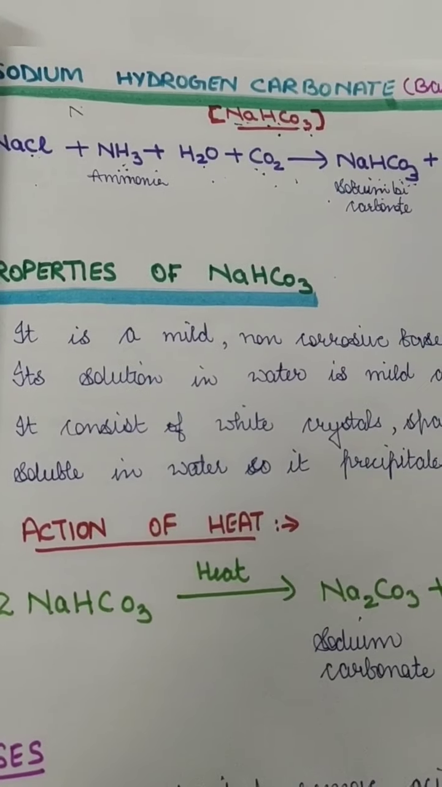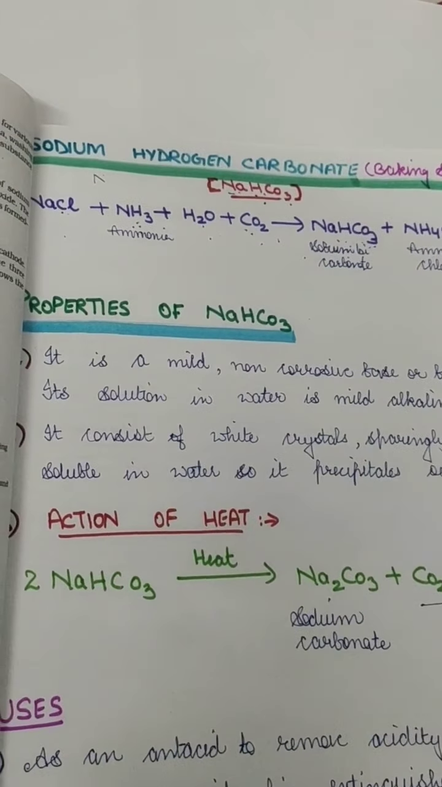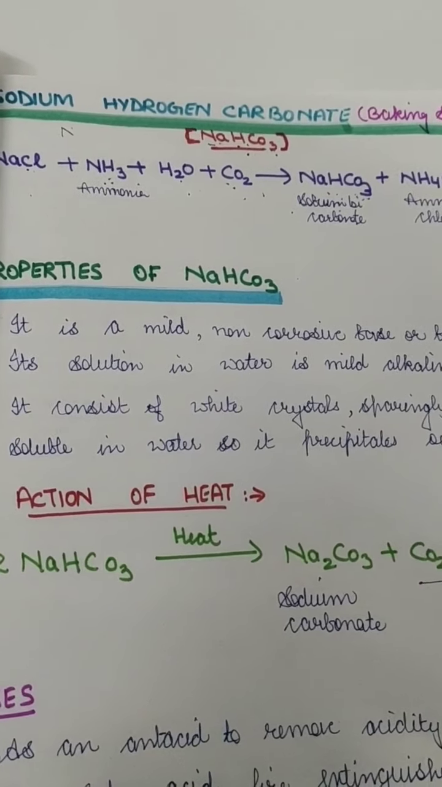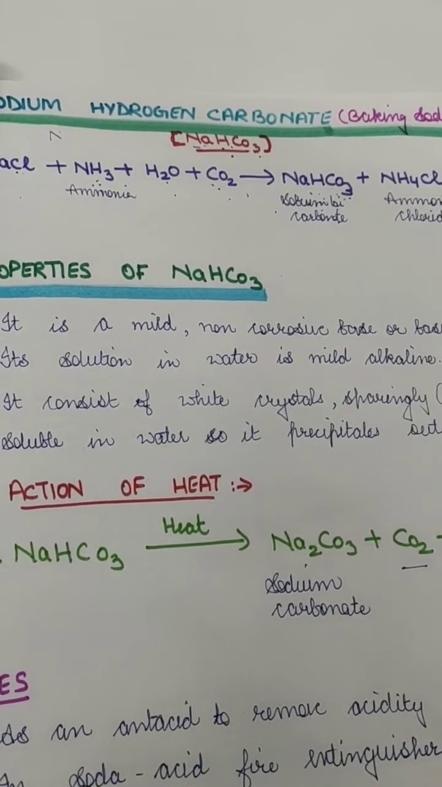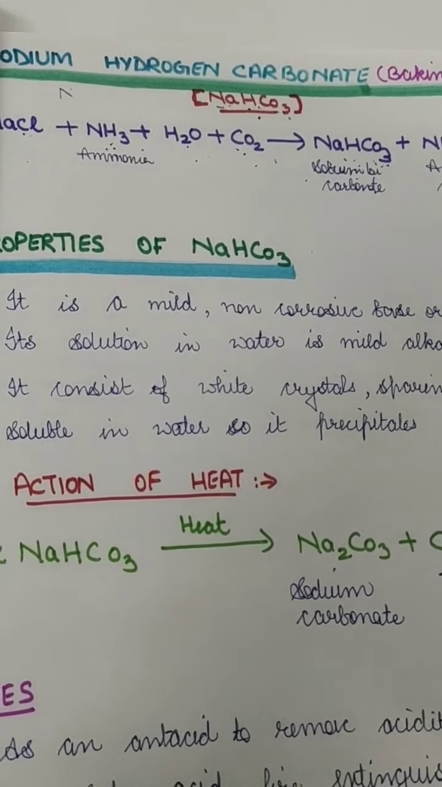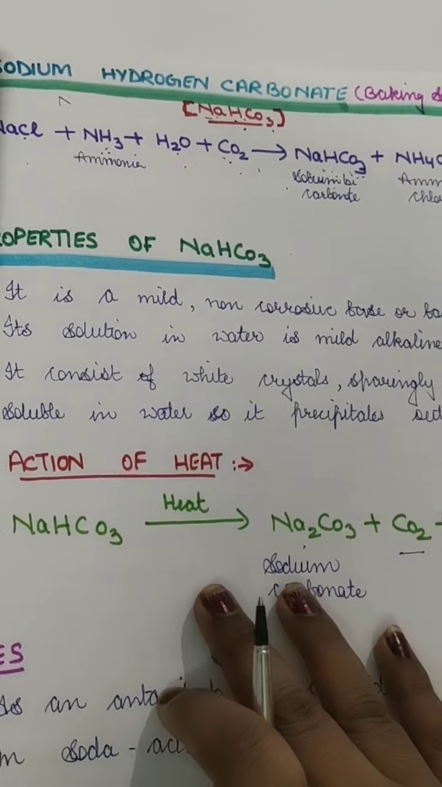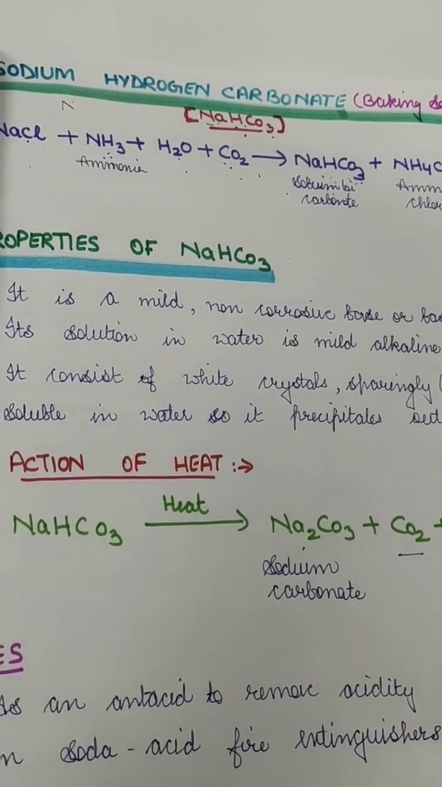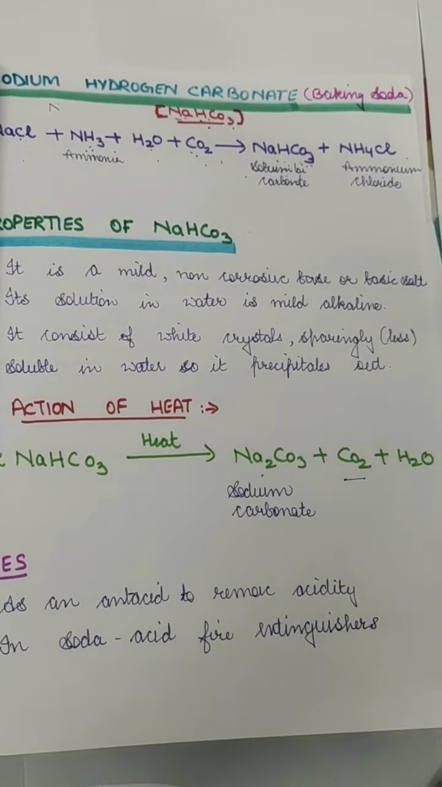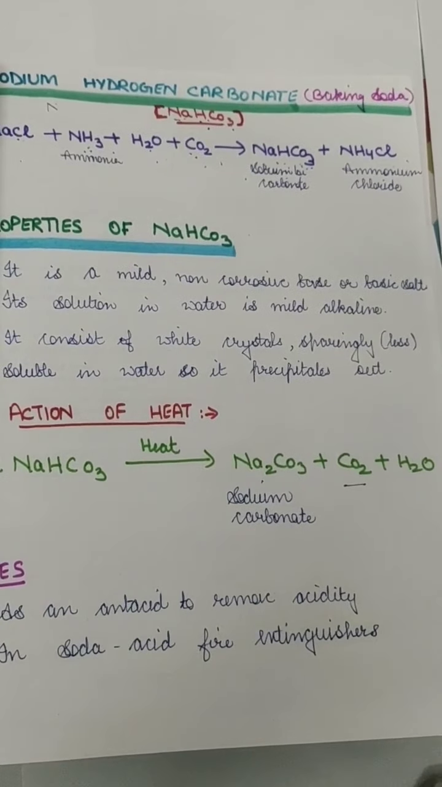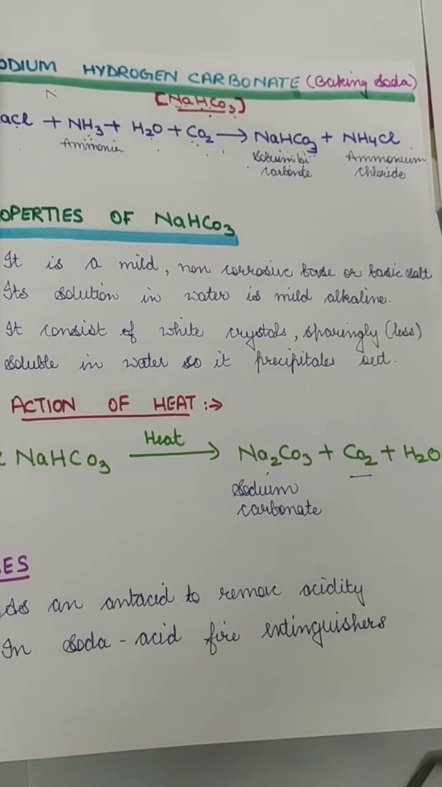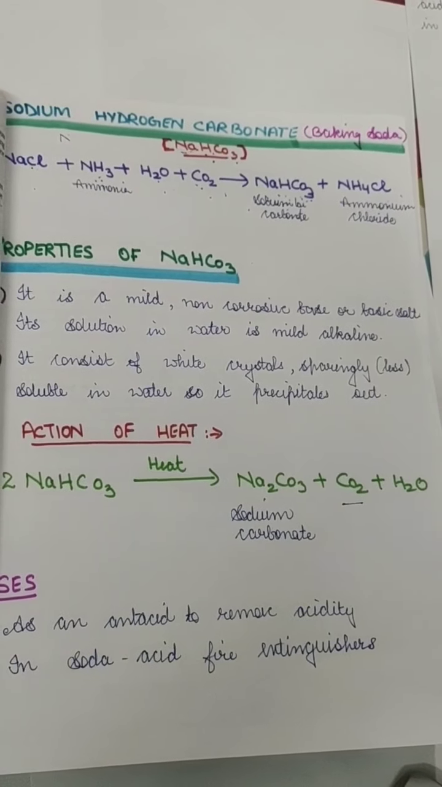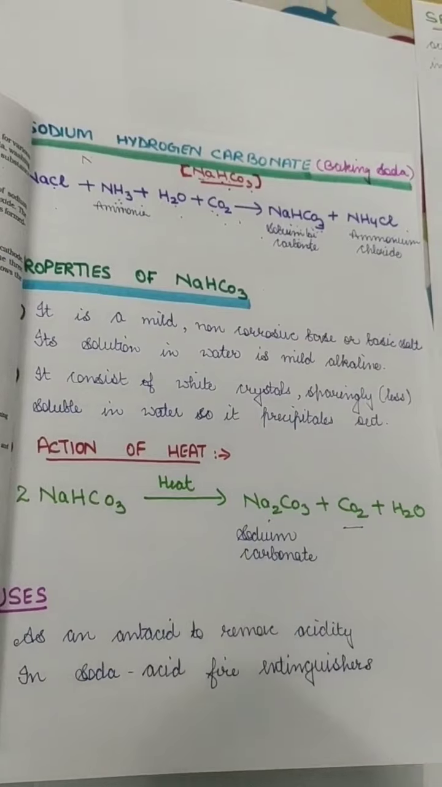So the properties of NaHCO3: it is very mild and non-corrosive because it is a base, or we can also call it a salt. Generally it is a base, so it is a very non-corrosive base. That is why we consume it also. The common name of this is baking soda, and we use it in a lot of baking things, in bakery products, in the baking process. So it is safe for us to consume, and the pH value of this is